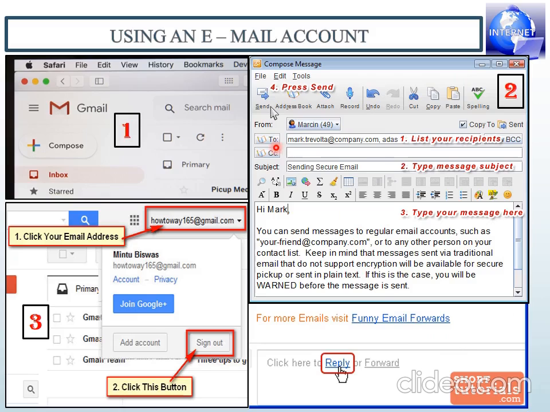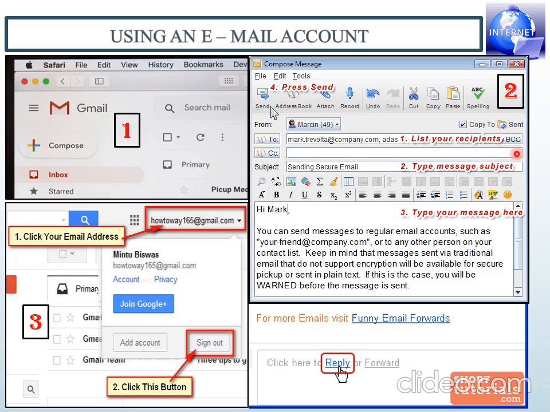When you click on compose, this is the screen which comes up, called the composing message, where you have a To column. To is the person you want to send it to, and then you have an option called CC and BCC. Let me explain. CC full form is carbon copy. If you want to send a copy of the mail to anyone, you can type their email address. If you want to send a message to a person secretly, where you don't want the other person to know, you use this option